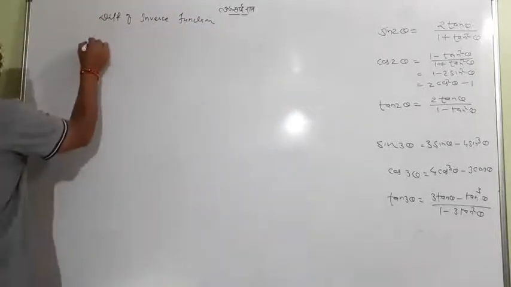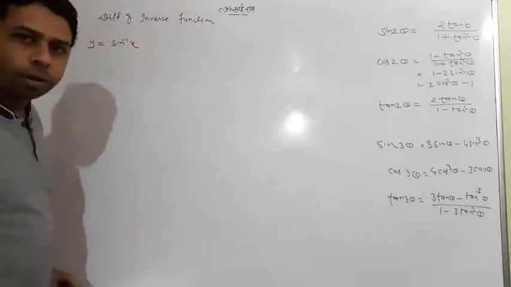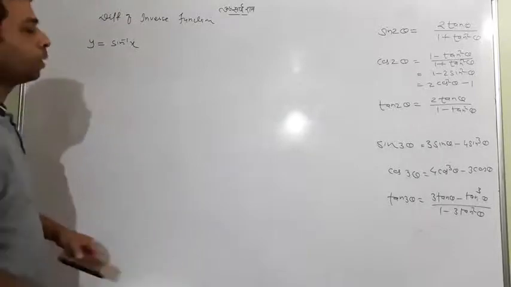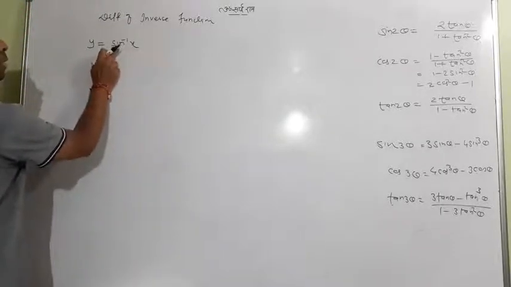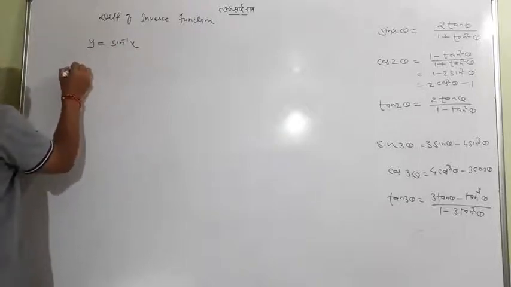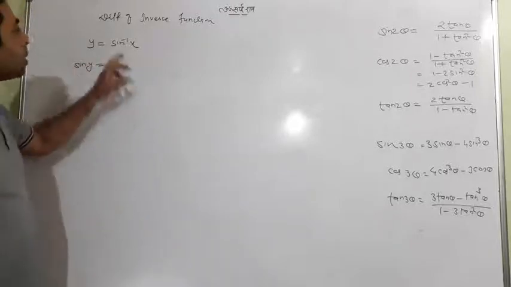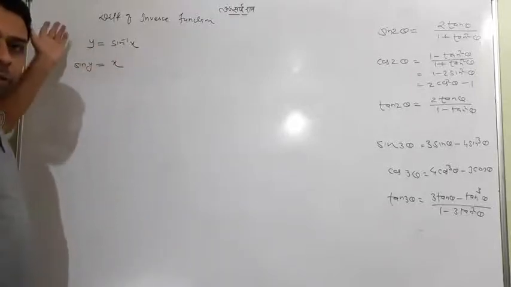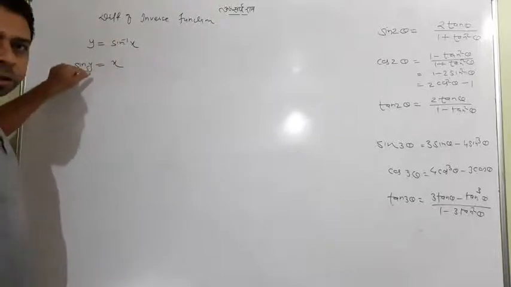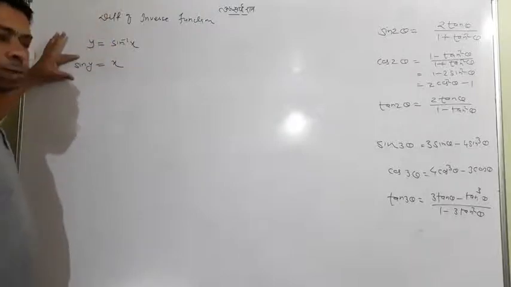First I take y is equal to sine inverse x. We want to find dy by dx. So what will I do? First, transfer sine inverse to this side. You know that sine inverse will transfer to that side and we get sine y. Nothing hard, it is very easy. It doesn't come in the denominator, it's a function, an operator actually. So sine y is equal to x.